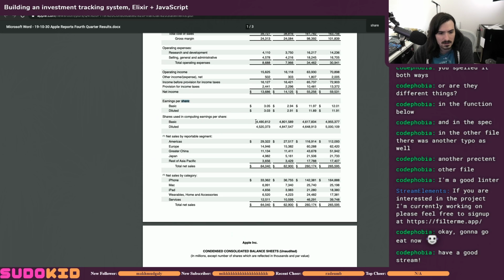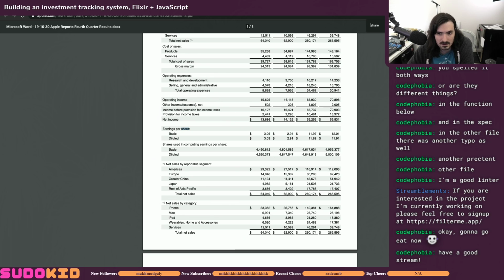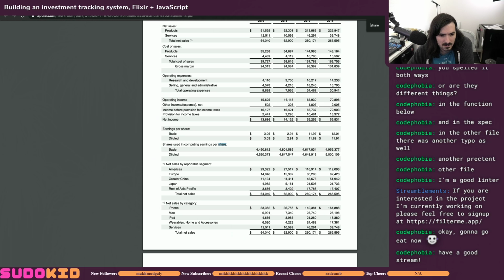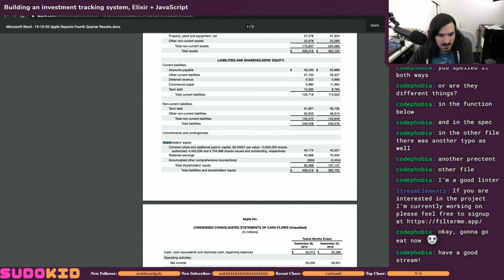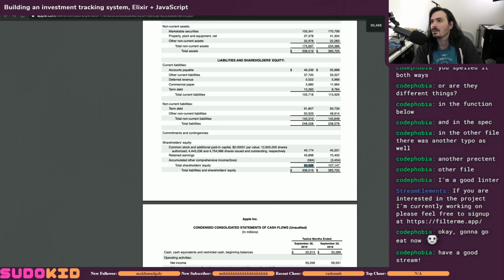So we're looking for shares used in computing net sales by, if I can find the shareholders' equity. Here we go. Common stock, total shareholder equity, total liabilities, and shareholder equity. I think it's this one that we're looking for. Oh, total shareholder equity. Or did we want liabilities and shareholder equity? Okay, yeah,